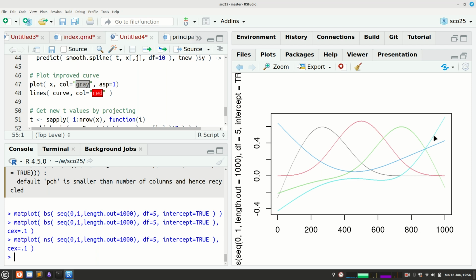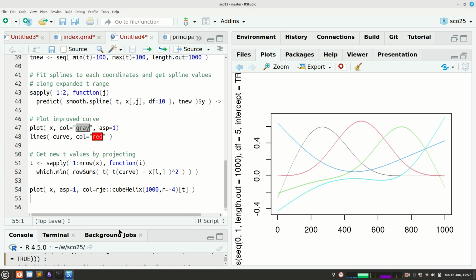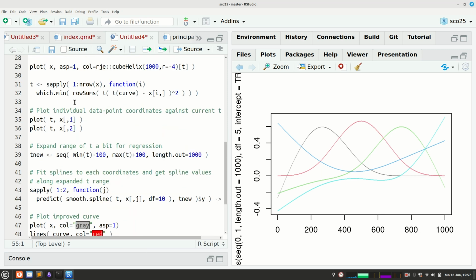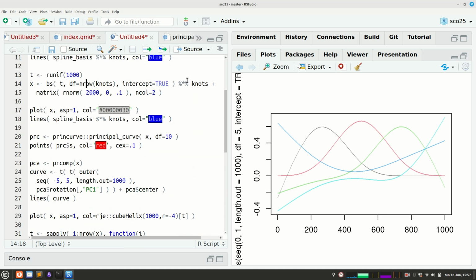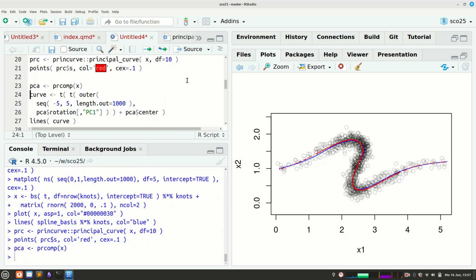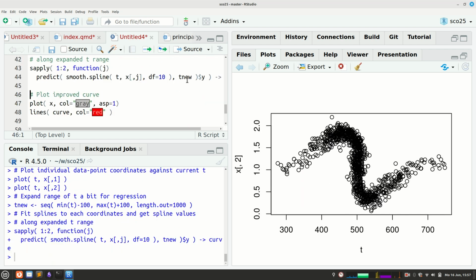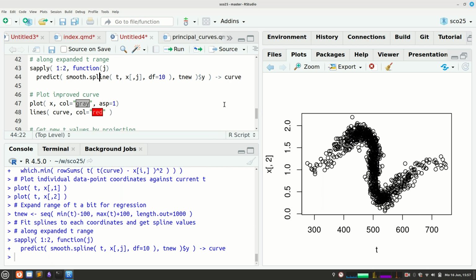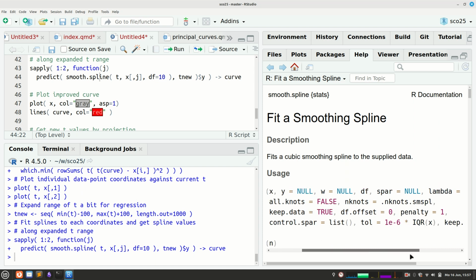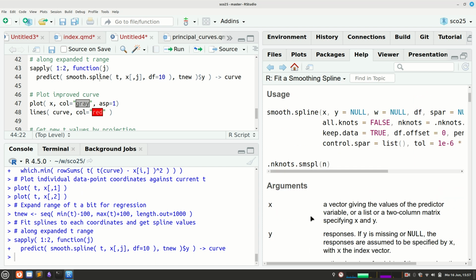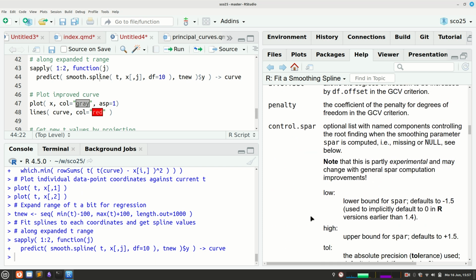And whenever you have a spline which you may want to extrapolate outside the definition of the data, you're always well advised to switch from BS to NS, which I probably should also have done here. So let's see if this makes things better or worse. I start here with my X. Find the minima, like the new one, and yes, this is the point where I should tell the smooth spline that it should use N-splines instead of B-splines, which